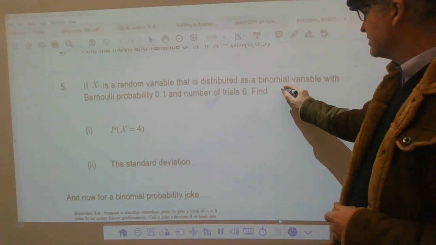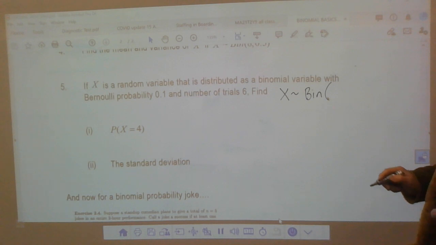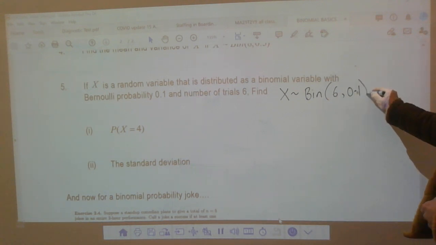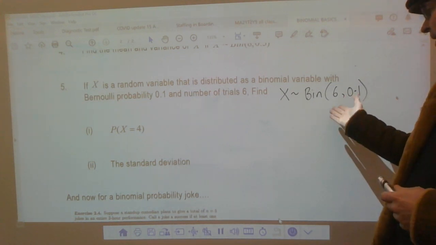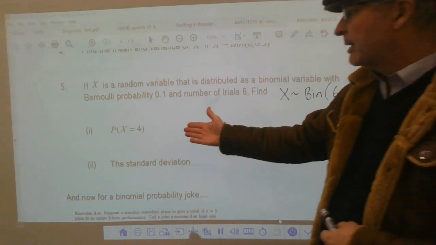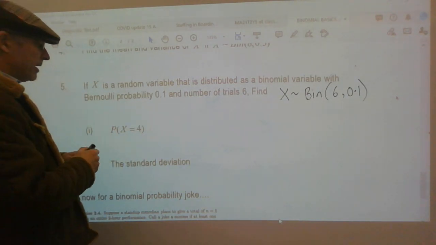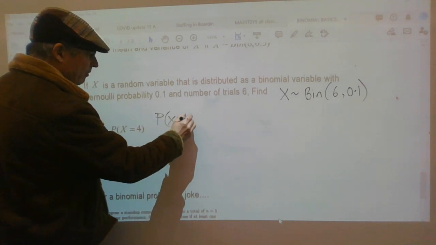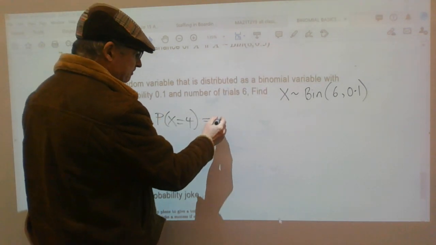So basically, they're saying x is a binomial and the number of trials is 6 and the Bernoulli probability is 0.1. So that's what they're saying in that sentence there. You have to find the probability that x equals 4. X is exactly 4. Now we know that the probability that x is exactly 4 for the binomial in this situation is